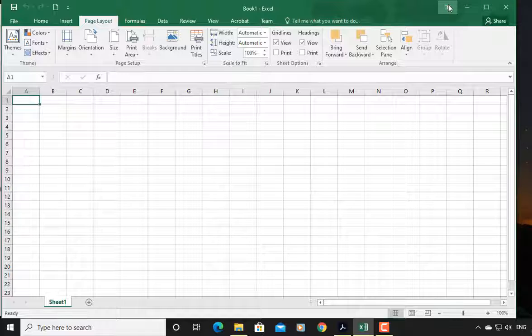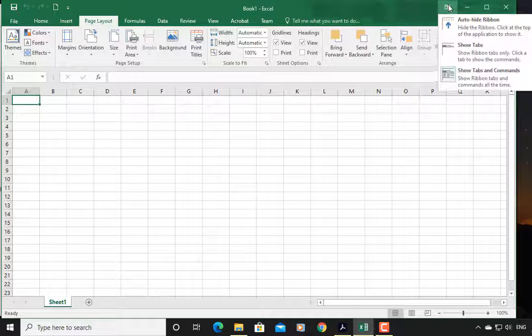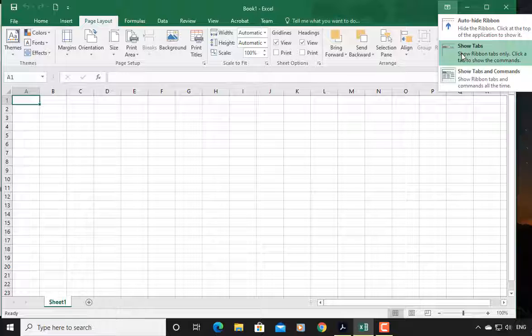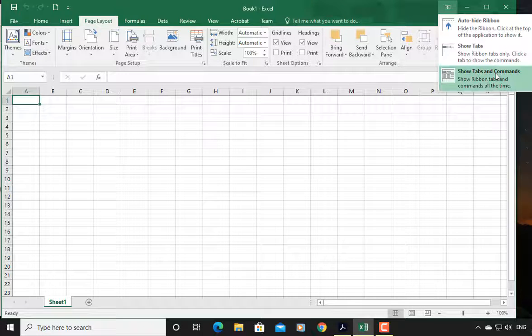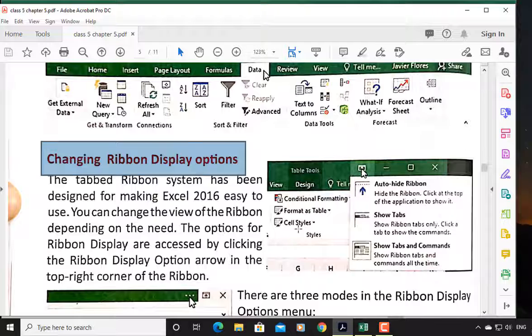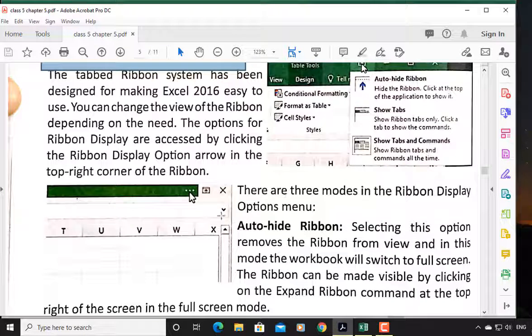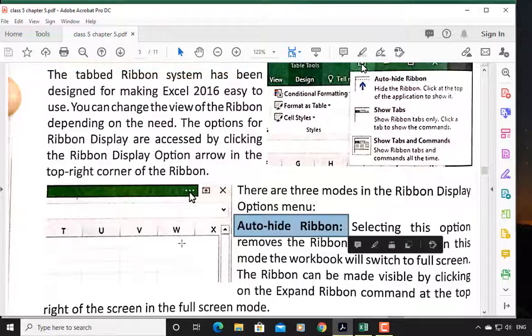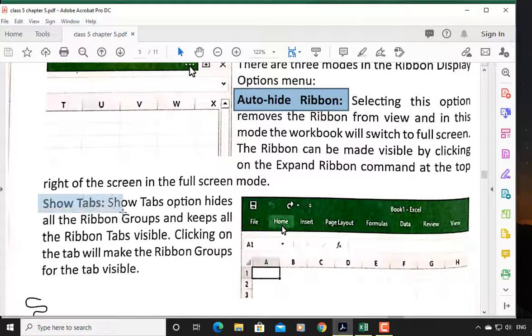When we click on this button, a list of options will appear. 3 options are there. First one is auto hide ribbon, second one is show tabs, and third one is show tabs and commands. See, this is given in your book also, page number 52-53.